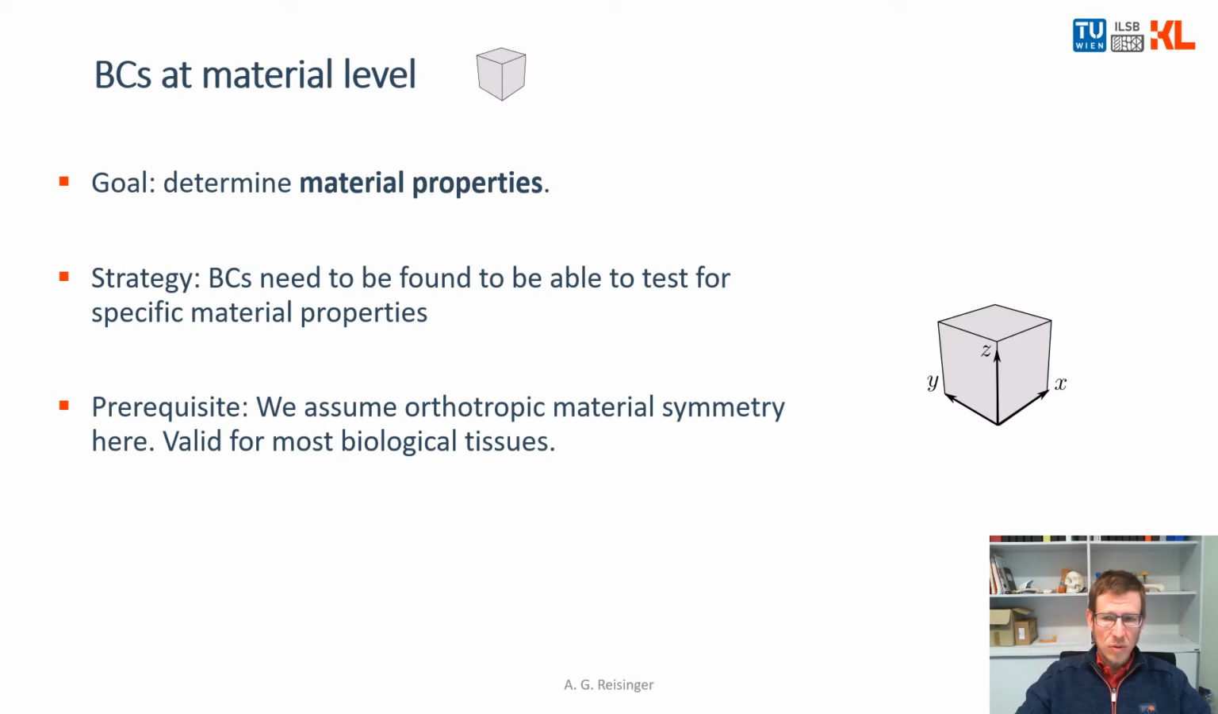So this is written here in more detail. The goal here for the first type of boundary conditions for the material level, we would like to determine material properties, and we have to create boundary conditions to be able to test for specific material properties. This prerequisite here says we assume orthotropic material symmetry, valid for both biological tissues. I wrote this sentence here because in the next slides we have to dig a little bit into